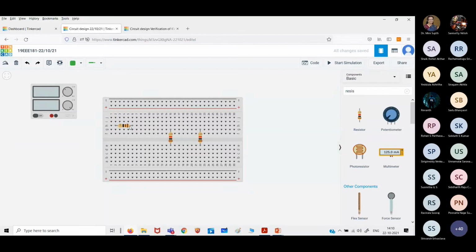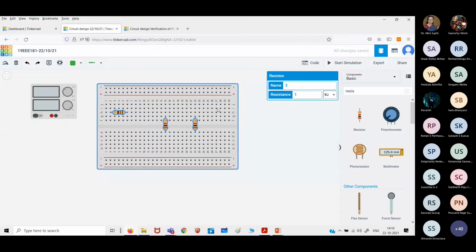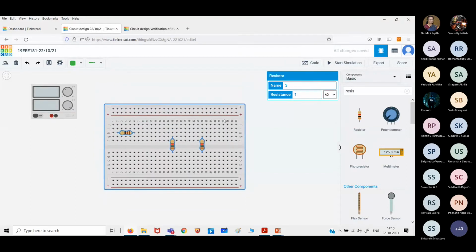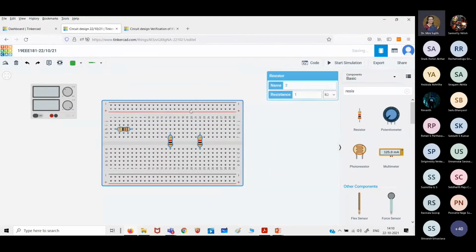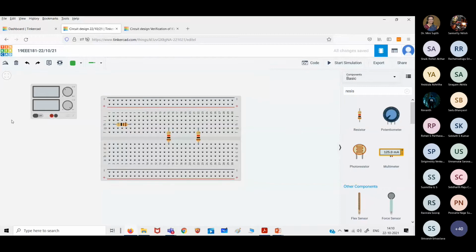Okay, so my 11 ohm I have connected. So before connecting the rest of the components, one second, one wire has come. I'll just delete this. Okay, so what I will do is, I will place my breadboard here because we have several meters. Okay, so first let me give my power supply. Here you can see the moment you take your cursor, it is showing negative. Here if you take, it will show positive.